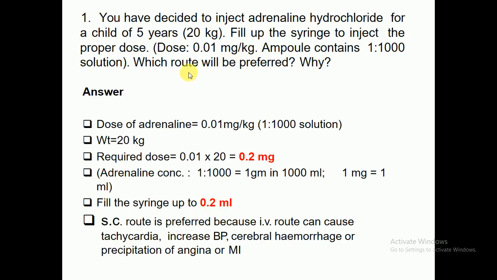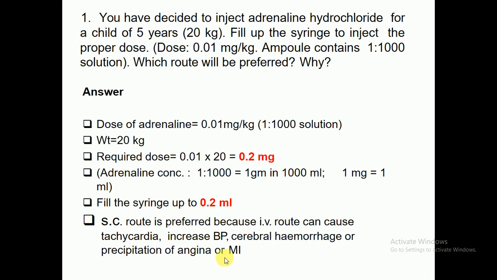Now there are two questions. The first question is which route will be preferred. The second one is why. Now, to fill the syringe up to 0.2 ml, this is the required dose for a child whose age is 5 years and weight 20 kg. So I am sure that the subcutaneous route is preferred because the IV route can cause tachycardia. Let's suppose if I inject 0.2 ml by IV route, there may be chances of tachycardia,